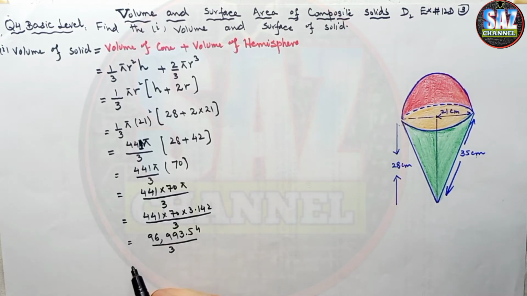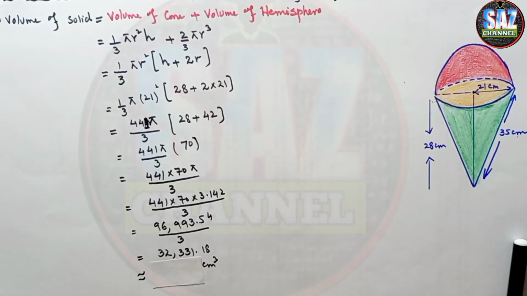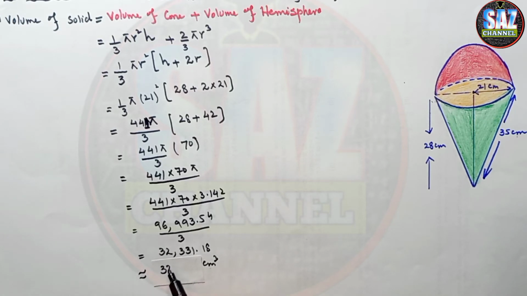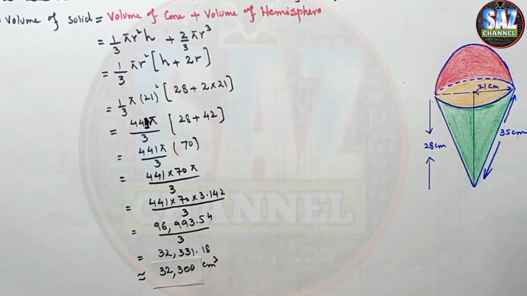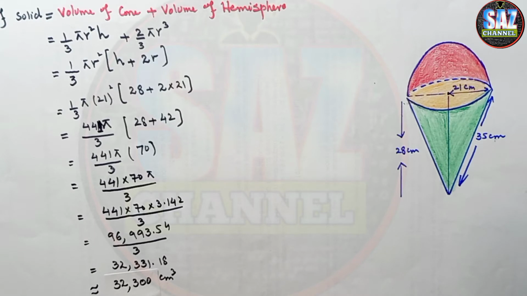Okay, and this gives me 32,331.18. As we have to give our answer nearest to 3 significant figures, it can be taken as approximately 32,300 centimeter cube. I hope you are clear about the volume part,